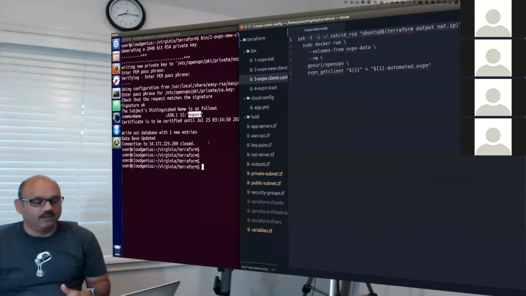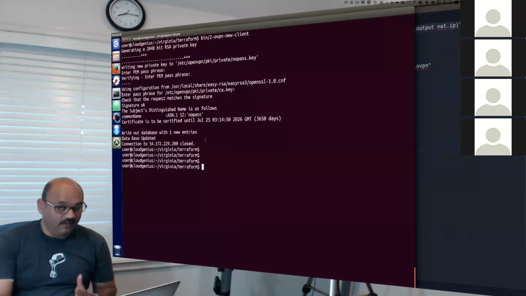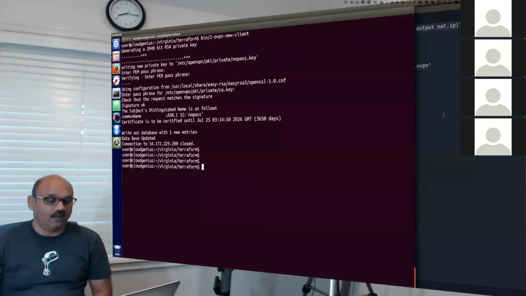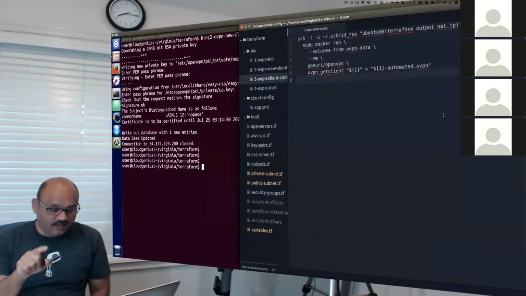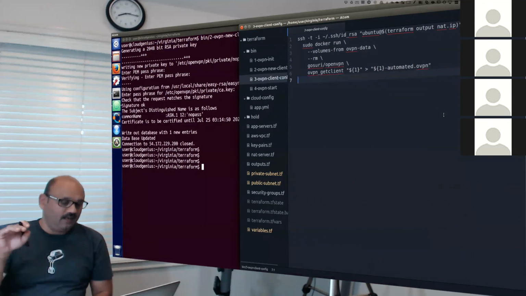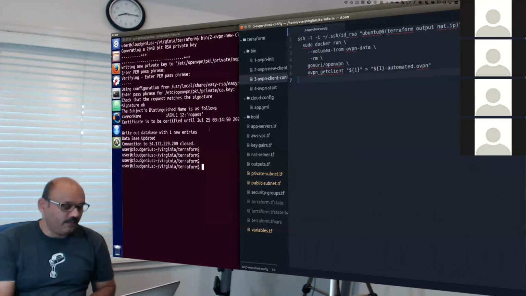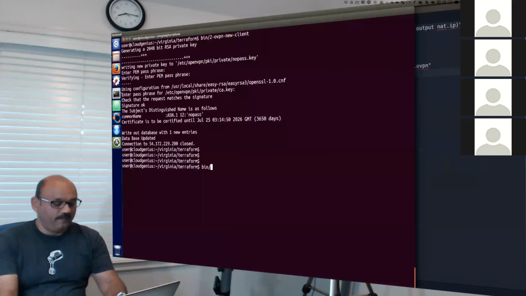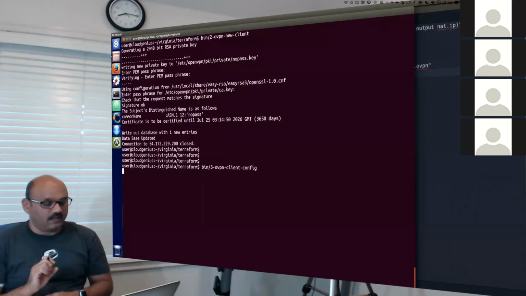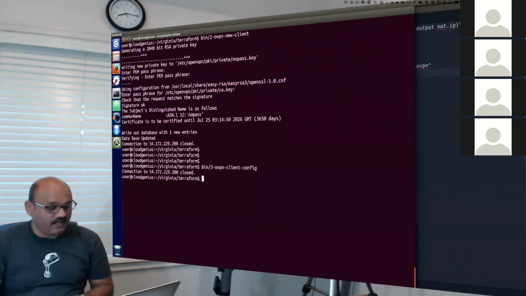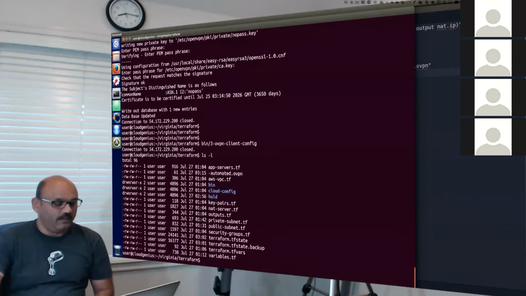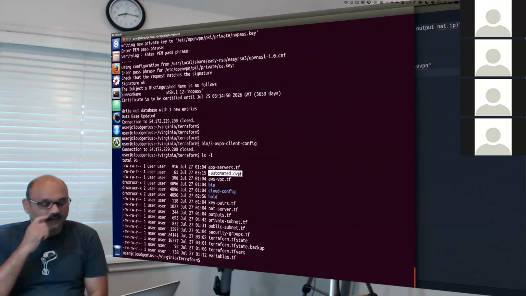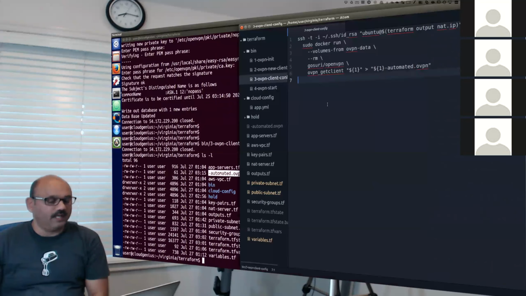Again, all of these are commands running on Docker on the remote machine. We are connecting to that machine through SSH, and they're running Docker. And through Docker, running these exotic commands. So step number 3 is going to gather the generated configuration and bring it down right here. So we have this configuration stored locally.